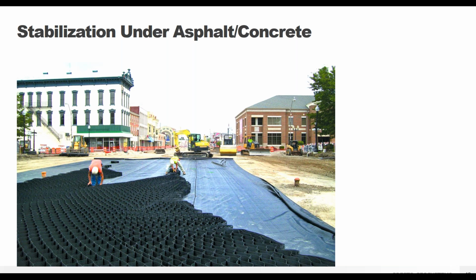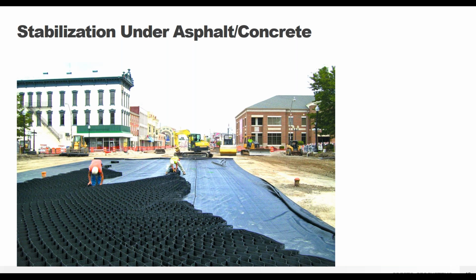The GeoWeb system can be used in place of or in conjunction with a traditional aggregate layer beneath a paved asphalt or concrete road. It's still going to have that same mattress effect from the GeoWeb panels that we talked about in the beginning. It's still going to help bridge soft soils and add strength to weak subgrades. And when used as the base layer, the stiffening effects from that uniform system, bringing that word back, uniform, are going to be translated up through the surface layer, keeping your paved surface stable and in place, reducing your maintenance requirements. So you're not going to have a lot of going back and fixing that asphalt or that concrete.